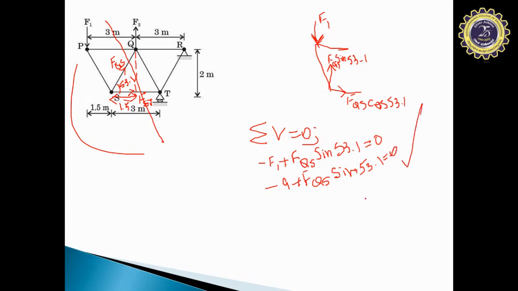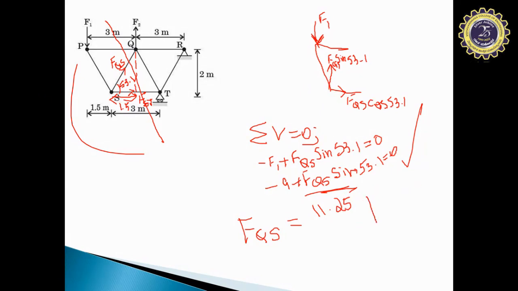Using this equation, we can easily find out what is FQS, and FQS came out to be 11.25 positive. Positive means whatever the direction that we have assumed is correct, and the direction that we have assumed is